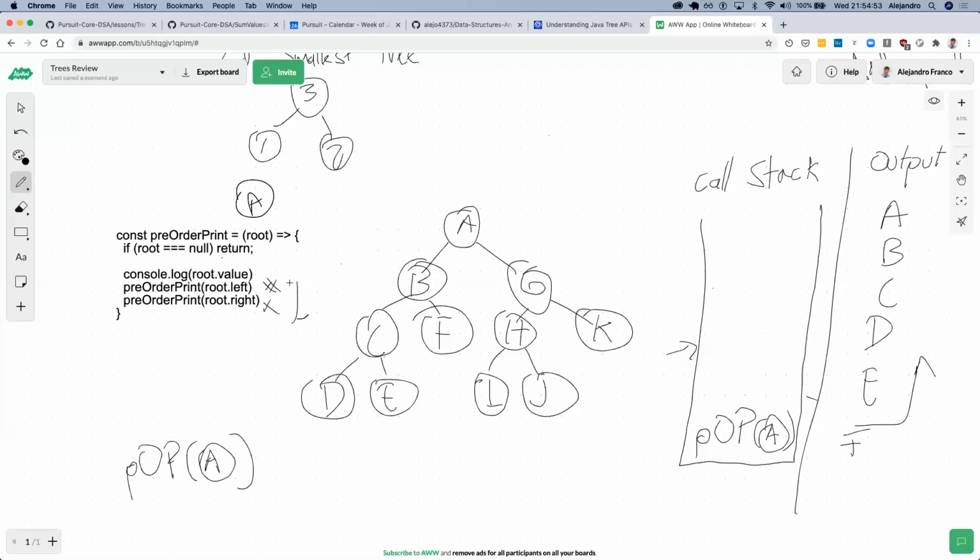The left of node A is done. We printed it. We saw the stack going up and down. Now it's going to go on the right. And on the right, it will be the exact same process.